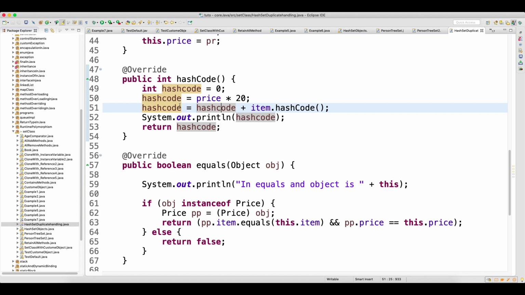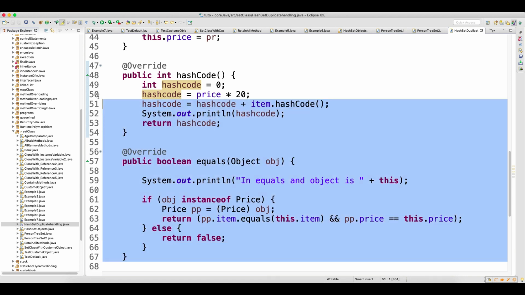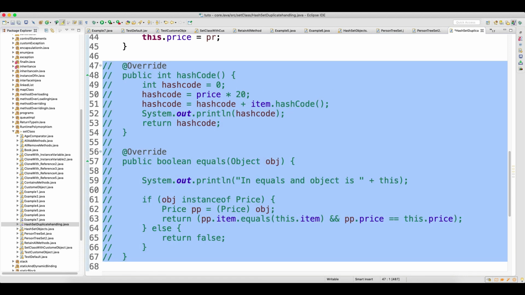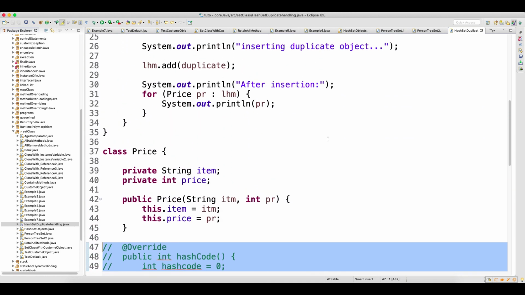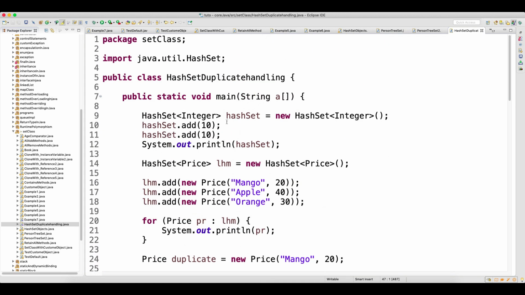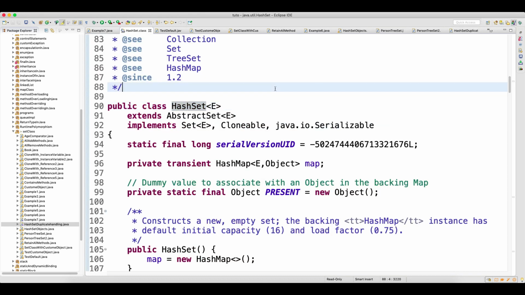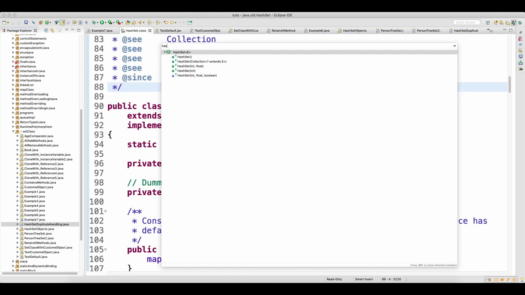Okay, and one more thing, you know that both of these methods come from the Object class, right? In general, your HashSet internally overrides hash code.